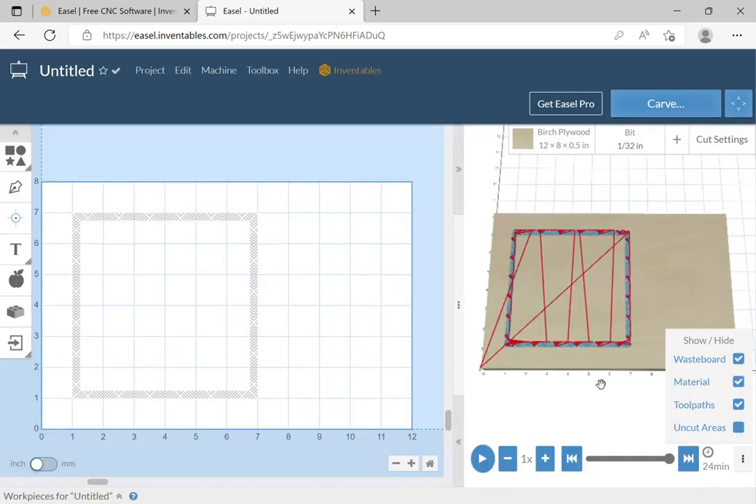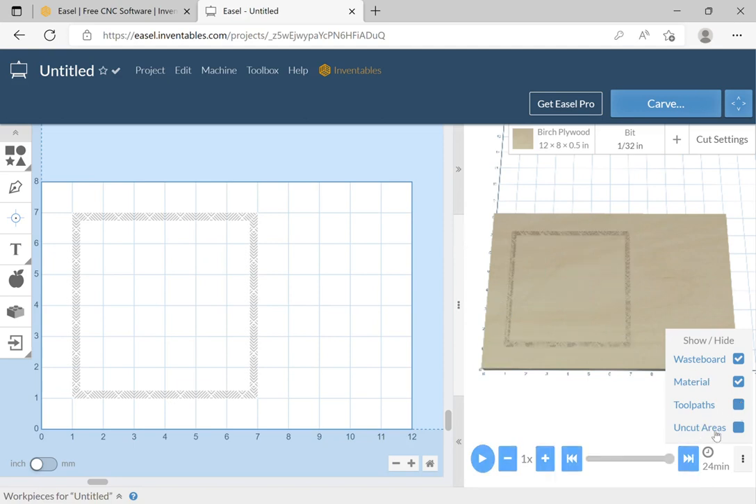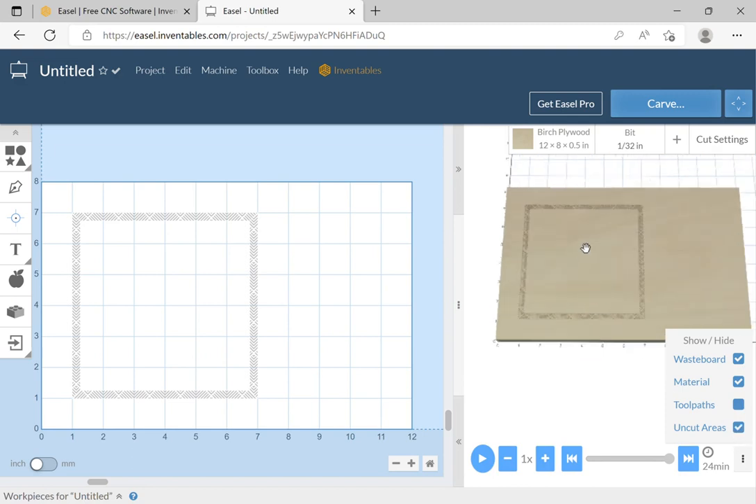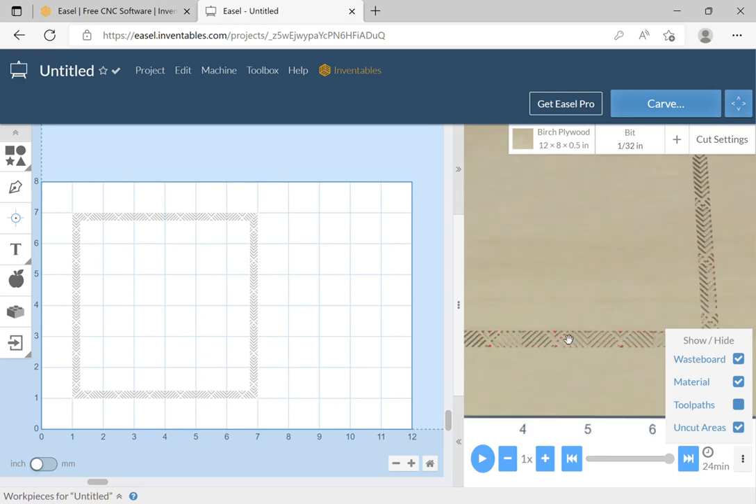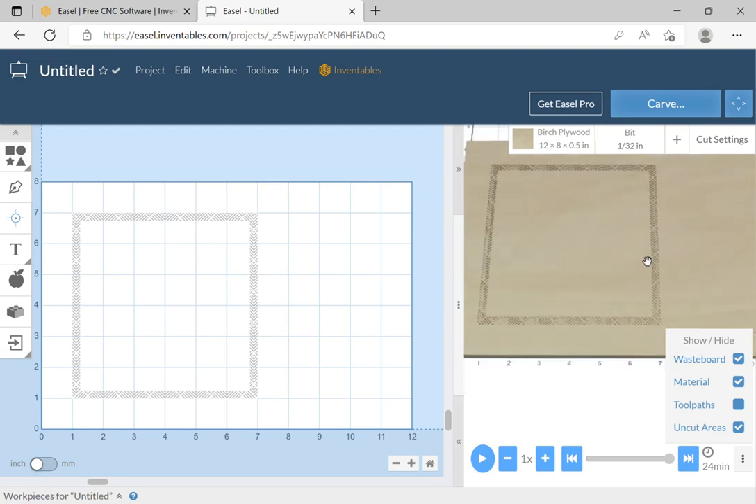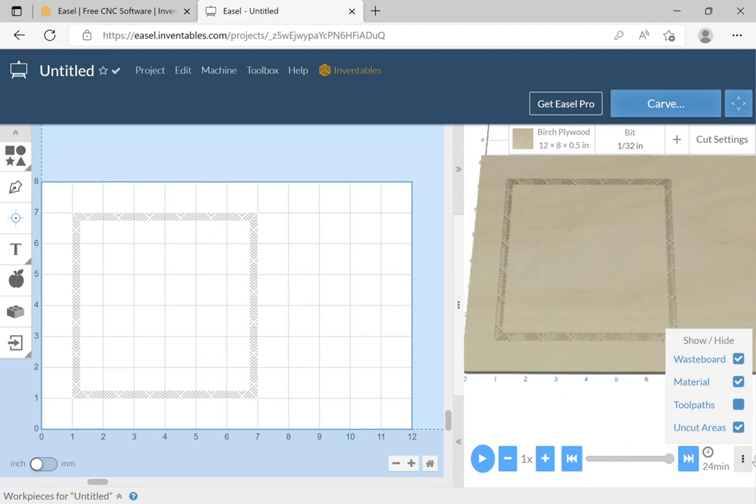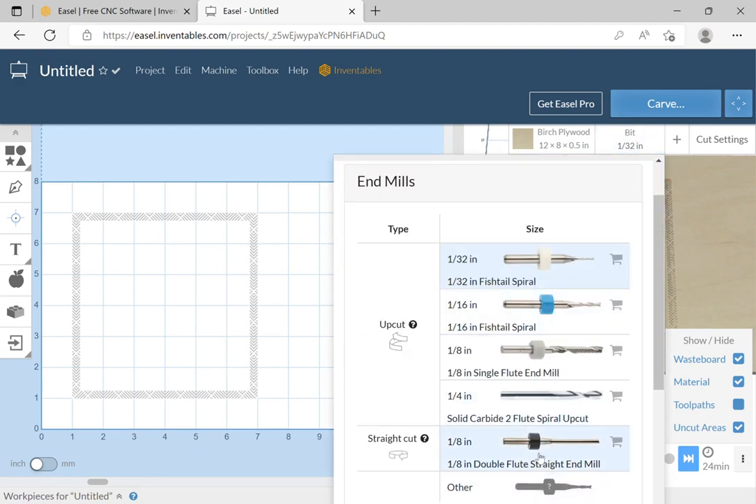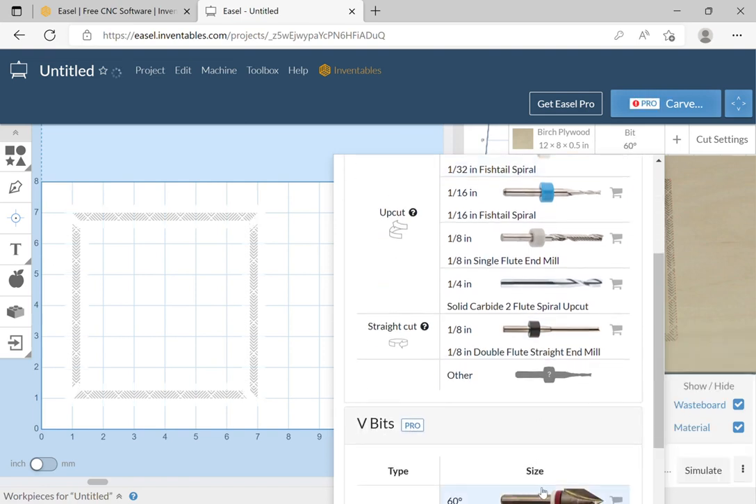Again, with that bit, I'm going to turn the toolpaths off this time. So the toolpaths are gone, but I'm going to show the uncut areas. And they'll show as little red spots. A little hard to see here, but there are some red points in here. And those are not going to be cut with the 32nd inch bit. And the only reason it came up with uncut areas is because there were some uncut areas. If I change the bit back to a V-bit, a 60-degree V-bit,